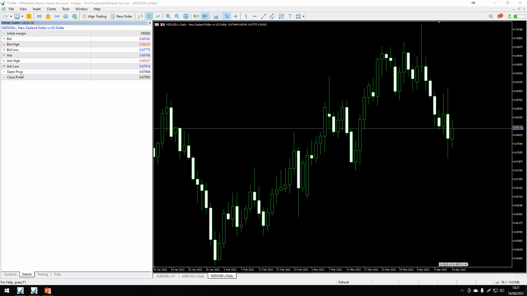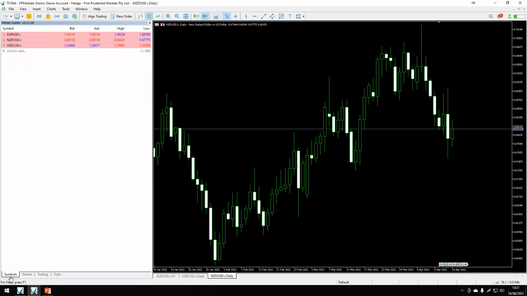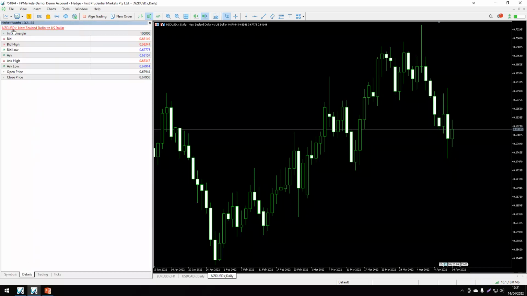Now, open and close price. The open price is today's open price, at 67.94. The close price, as you can see, is 67.95. That is the previous day's closing price. So what this does is it gives you some details, as it says there, of the market selected in the symbols. As you can see, we selected the NZD USD, and this gives us some details of the